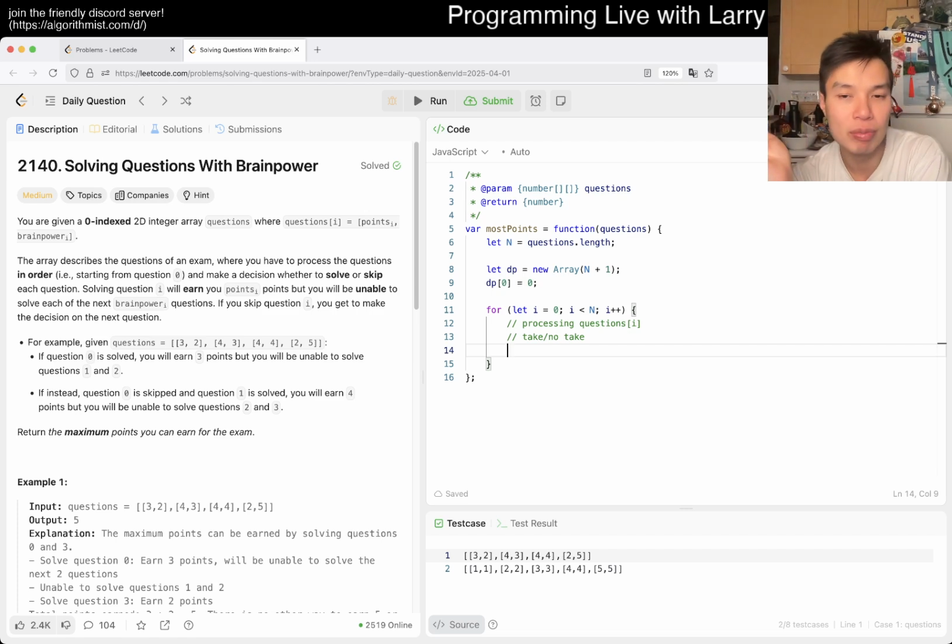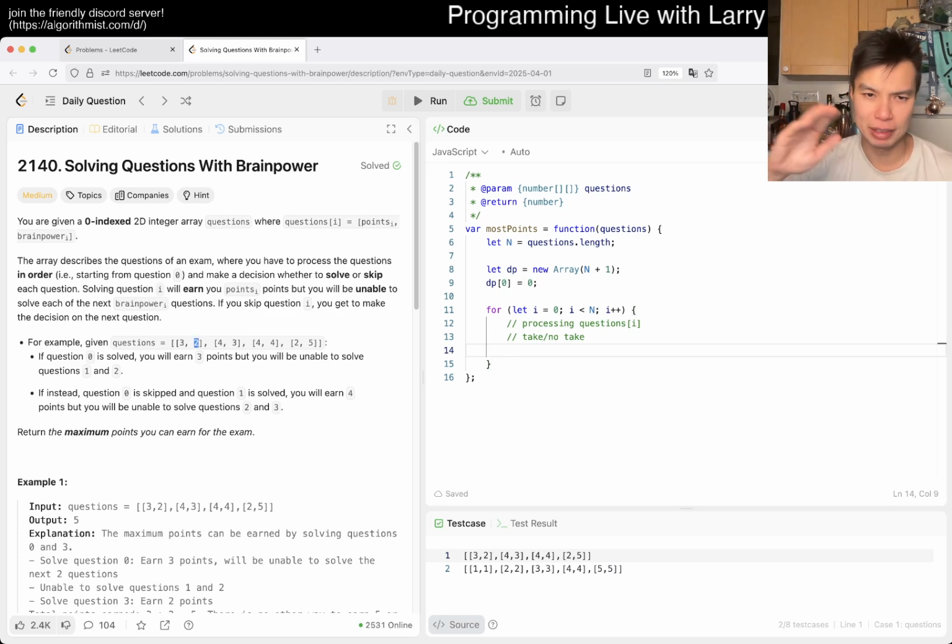However, sometimes it happens where there's no symmetry, right? And this one is one of those, at least if you don't want to be really careful. The reason is because you get to skip the next, what they call Brainpower, but you skip the next X cells, right? Because you're skipping the next X cells, if you're going the other way back, you don't know how many you're skipping at a current cell. I mean, yes, you can definitely construct the edges. You can make some of these implicit edges explicit, but you have to kind of do it, right?